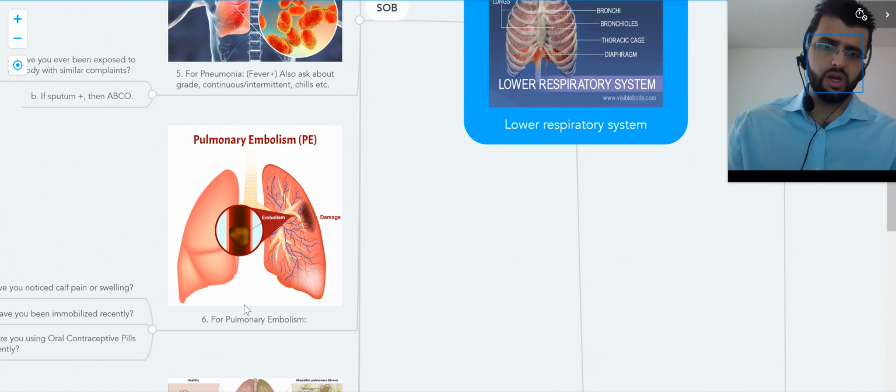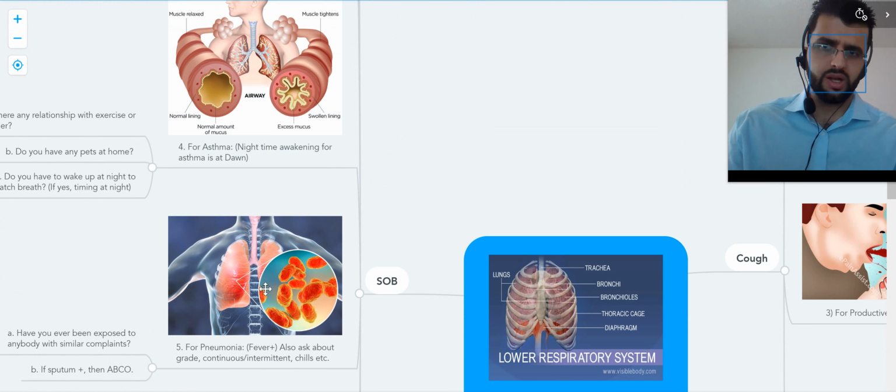So we talked about how to ask questions about a lot of them, but we're just going to go over them really quick, just a rapid recap review. For COPD, you have any shortness of breath and you notice abnormal sound while breathing, they may hear wheezing. For congestive heart failure, do you use more pillows than usual? Do you wake up in the middle of the night to catch a breath? Have you noticed any swelling in your feet?